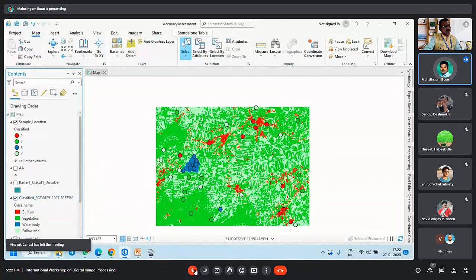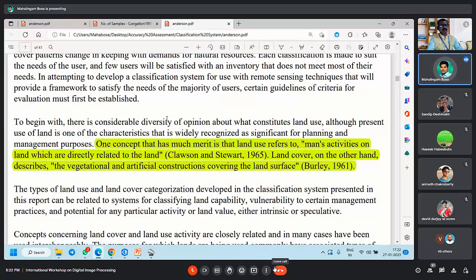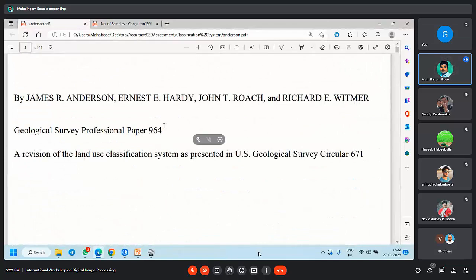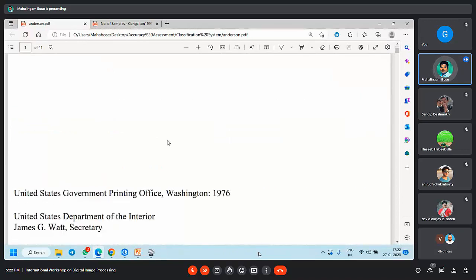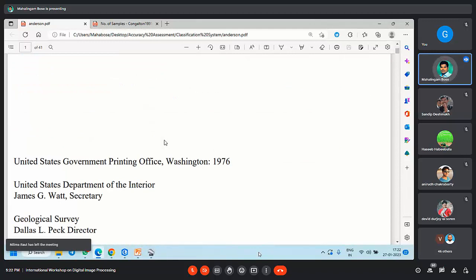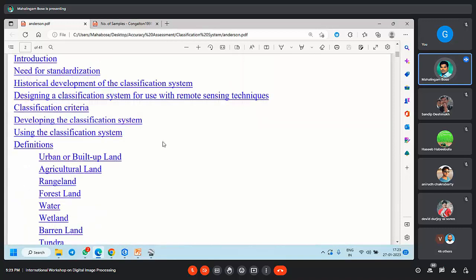So we have an answer for that from some standards given by international bodies as well as by the Government of India, right? So this is the land use land cover classification category given by a committee under the head of James R. Anderson. So they published this article long back after the successful data collected by Landsat 1. They did it in 1976 after they started to use the Landsat 1 satellite imageries, in which they say